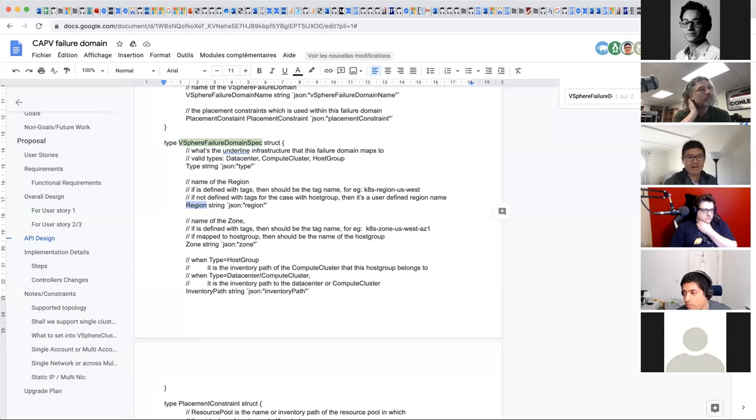But in the future, we might be able to do some configuration on this side. Yeah, in a future in which these are defined automatically as part of the fabric, the paravirtual story we talked about, where you define something in vSphere and these failure domain CRDs just appear, being able to get that information of the region and the zone that's been defined in vSphere out into this spec makes sense to me as well.